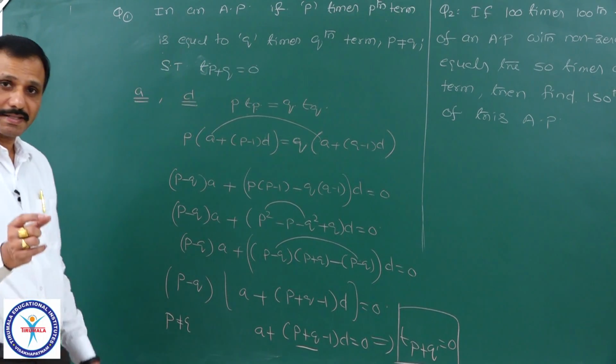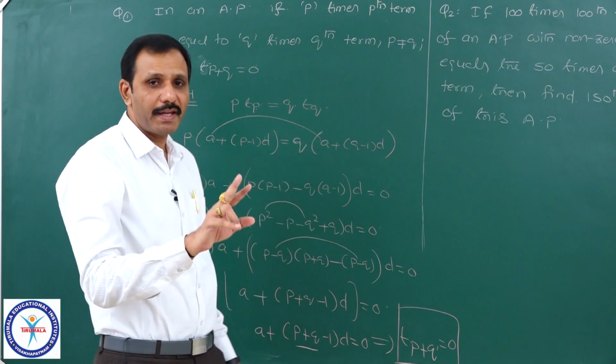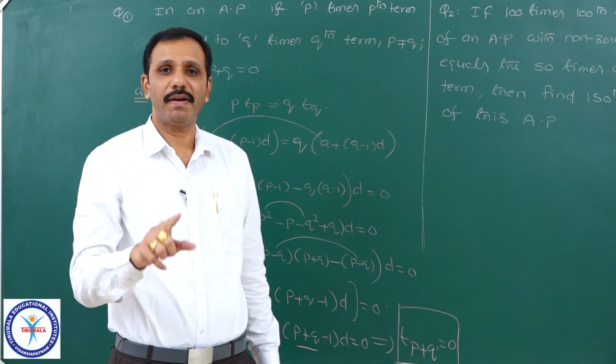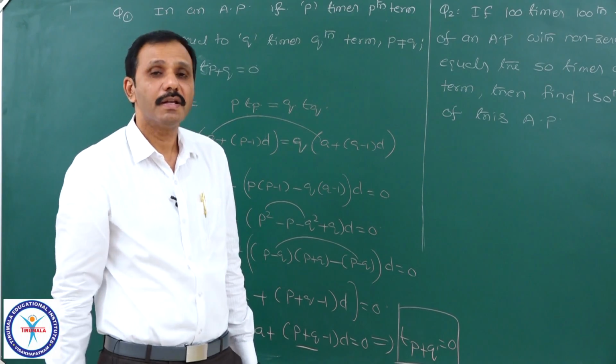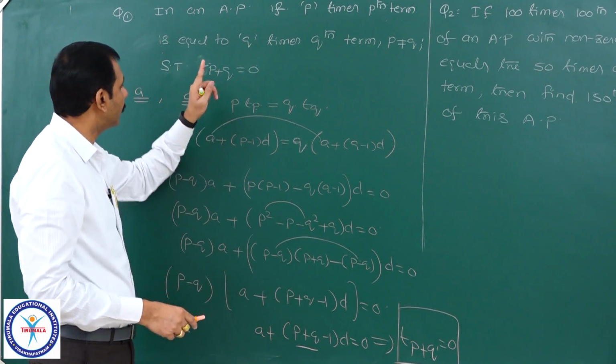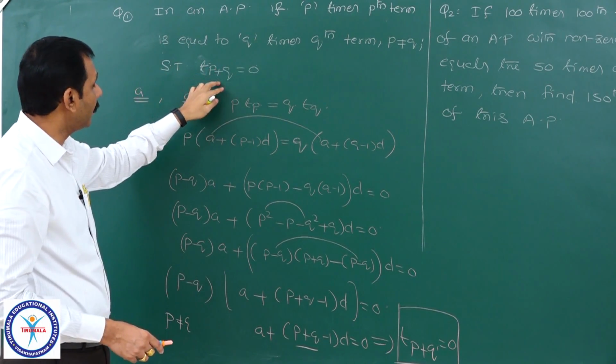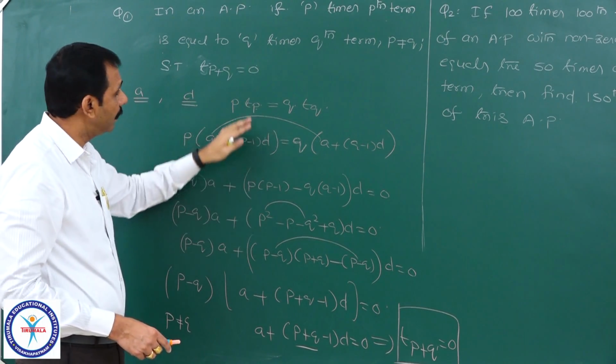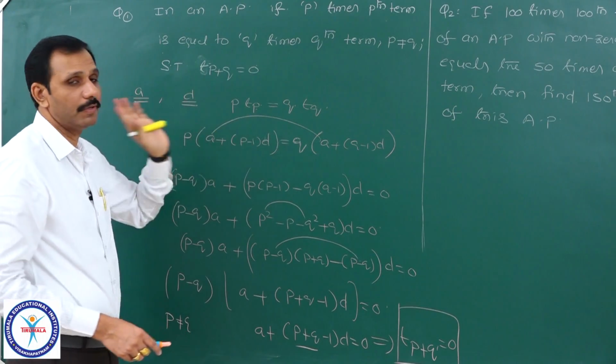So we must have basic knowledge. Two variables or two unknowns means two equations are required to solve them. Only one equation means you cannot solve it. Somehow they have given that, to find T of p plus q, if you solve it, if you simplify it, it must be in that form.